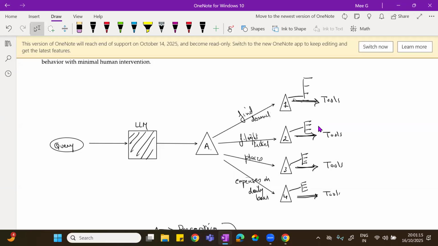Again, this agentic AI is implemented with LangGraph. It is implemented with Crew AI, like the AutoGen. There are many ways we can implement. As a part of this course, we are going to go with LangGraph very detailedly, and I will give you an overview of the Crew AI and AutoGen, how it works. Okay.